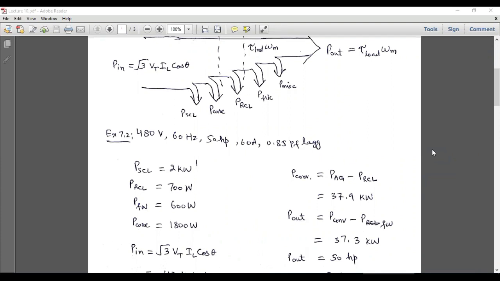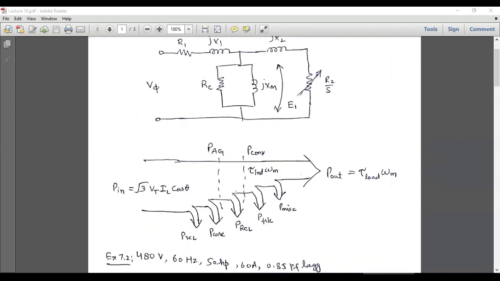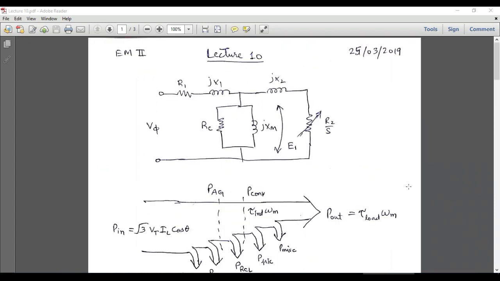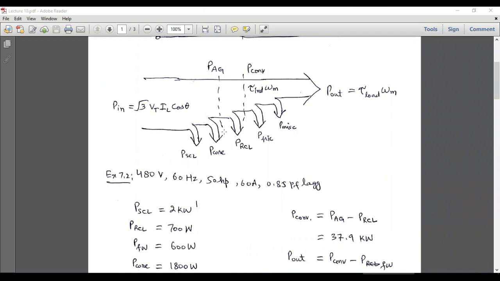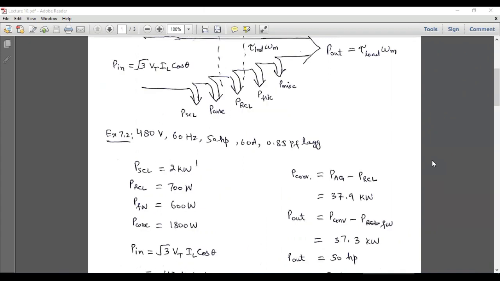In this lecture, I am going to discuss in a deep way the various expressions of power and the torques across the induction motor. So these are the losses which are taking place in the induction motor, and this is the simplified equivalent circuit. So first of all, based on this figure, I will try to solve a very simple